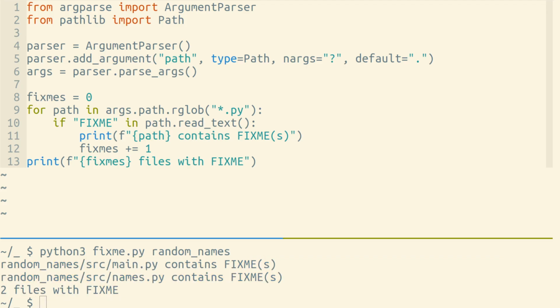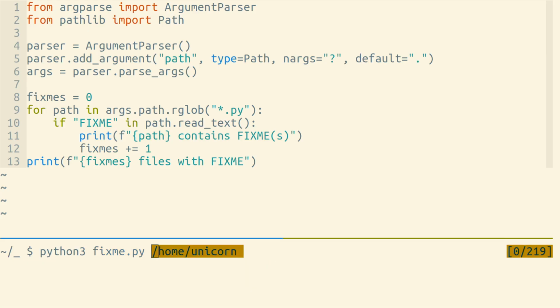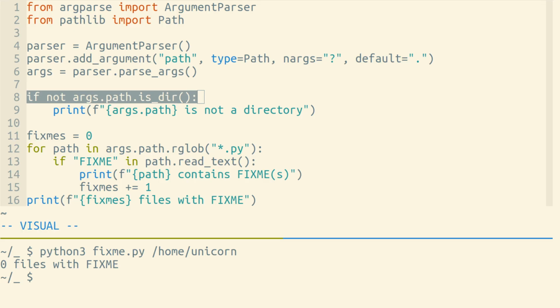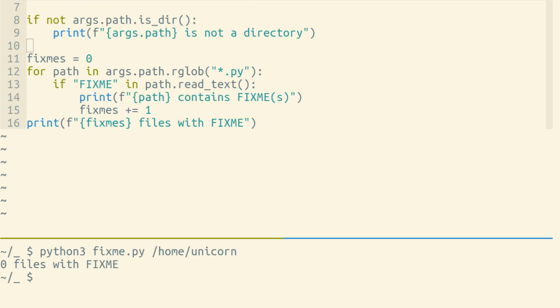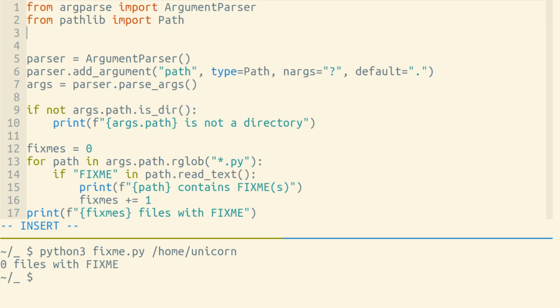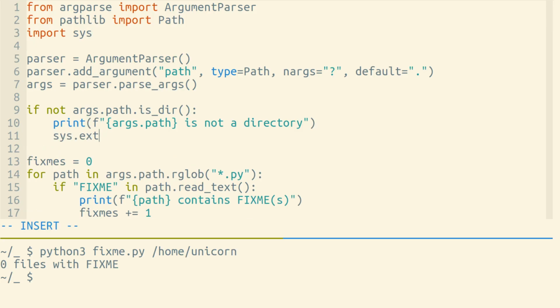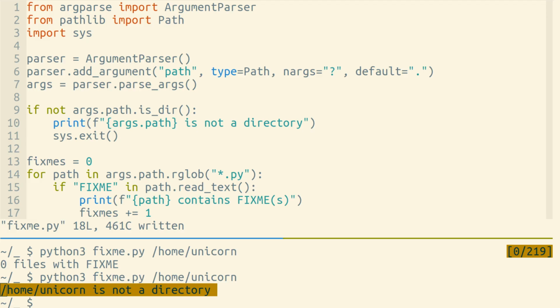the string fixme. Now, right now, if we run this program with a directory that doesn't exist, it prints out 0 files with fixme, which doesn't really make sense. It should probably print out an error instead. So we're going to check to make sure that the given directory exists. If it doesn't exist, we're going to print out an error message, and then we're going to exit our program using the sys.exit function. So now when we run this again, we'll see /home/unicorn is not a directory, and then